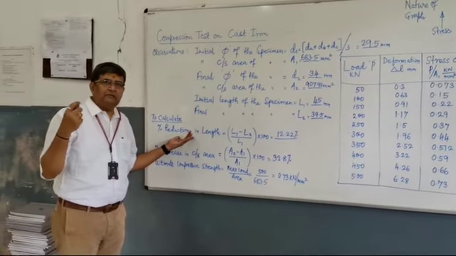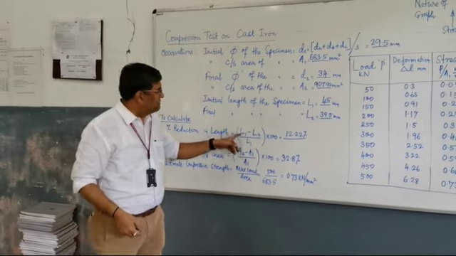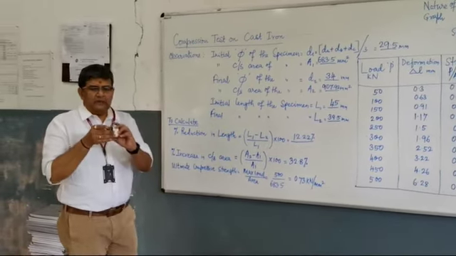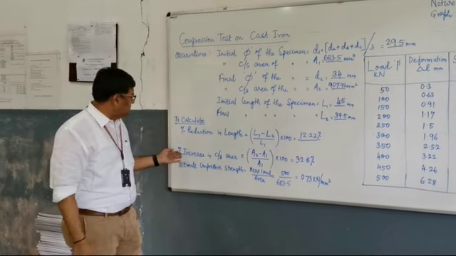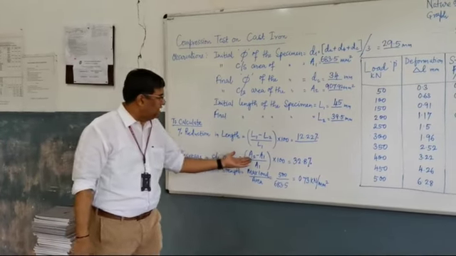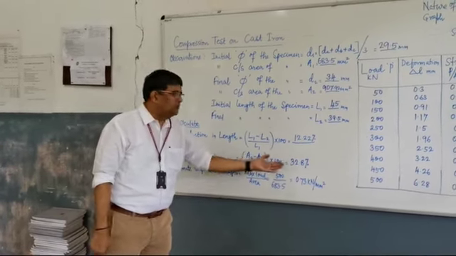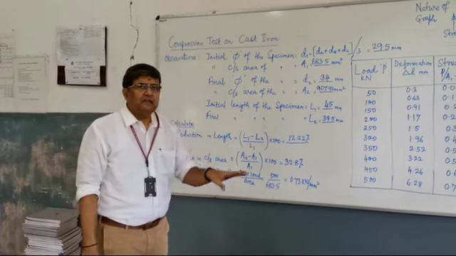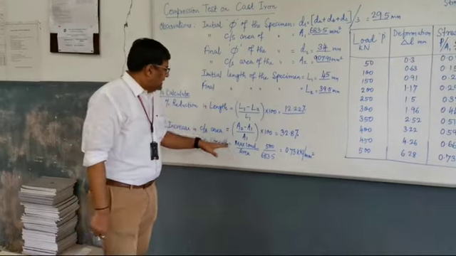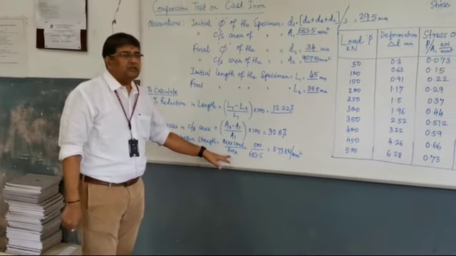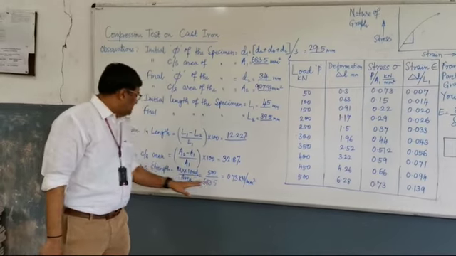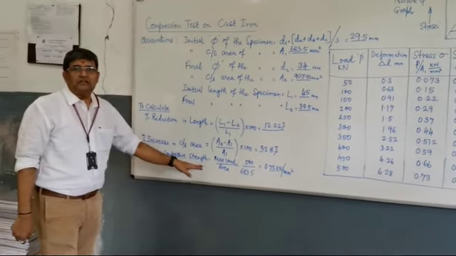Since this is in comparison with the original value, we write it as L1 minus L2 divided by L1 into 100, and there will be an increase in the cross-sectional area. So the percentage increase in the cross-sectional area is A2 minus A1 divided by A1 into 100. Now at the ultimate load, wherever it fails, we find that load, and that maximum load divided by the initial cross-sectional area will give you the ultimate compressive strength.